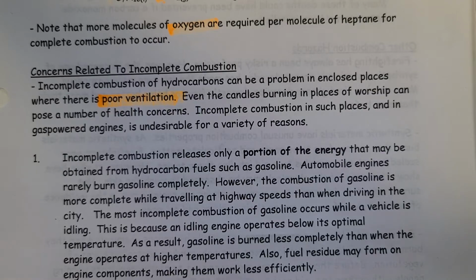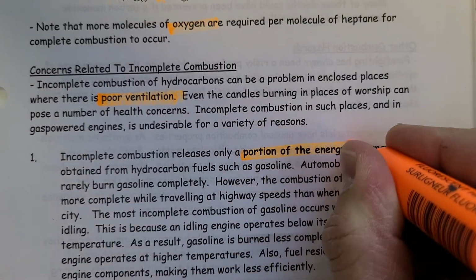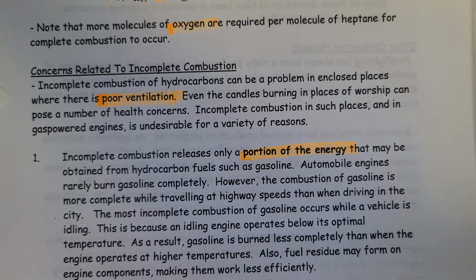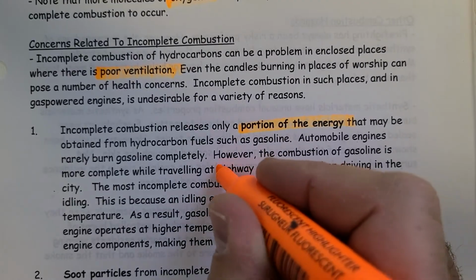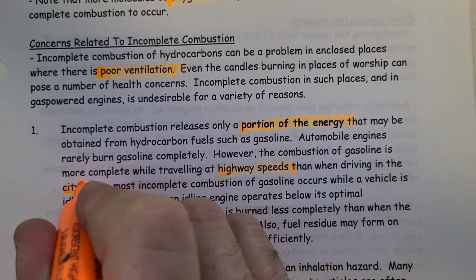Number 1, incomplete combustion only releases some of the energy that's available. So with a log burning, we're only releasing some of the energy when we light it in a campfire. Automobile engines rarely burn gasoline completely as well. However, the combustion of gasoline is more complete while traveling at highway speeds than when driving in the city or